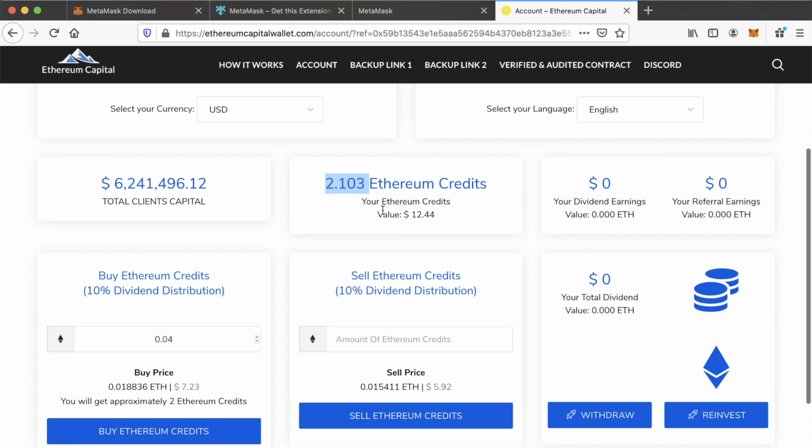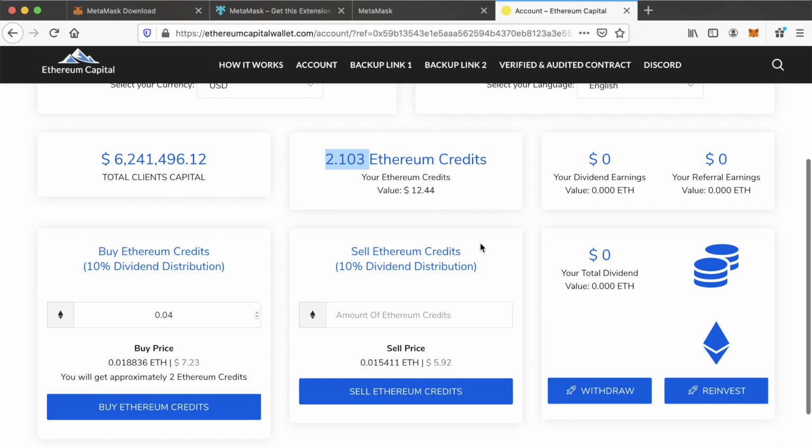And my goal, okay, obviously, like we said, this is a demo account, just to show you for the demonstration purposes of this video. But let's say I had 20 credits or 60 credits or 100 credits or whatever. My main goal would be to get this amount of credits up as high as possible. So once a day, I would look at reinvesting. Now there are many different strategies. I'm not going to talk about the strategies really on this video, but personally I would reinvest once a day just to start accruing more Ethereum credits.